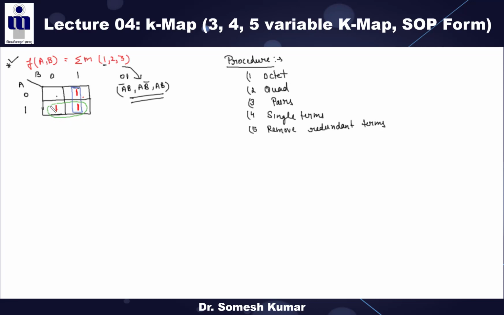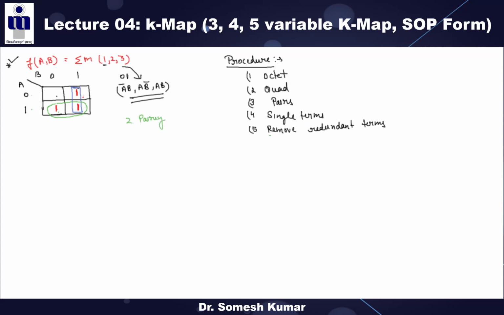This is the meaning of grouping, right? This is your second pair. Clear? See this first pair, this pair and this pair. There is only one bit difference, and this also, this. There is only one bit difference, right? So these two pairs are possible. Now how to minimize these things? Now the meaning of this is remove redundant terms. Now there are no single terms, so there are the two pairings.